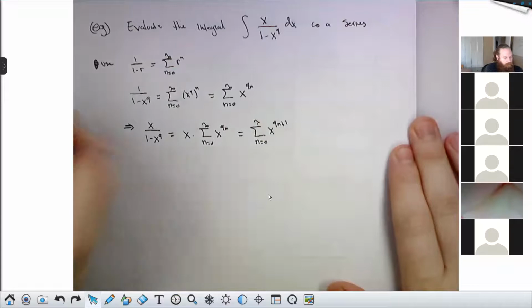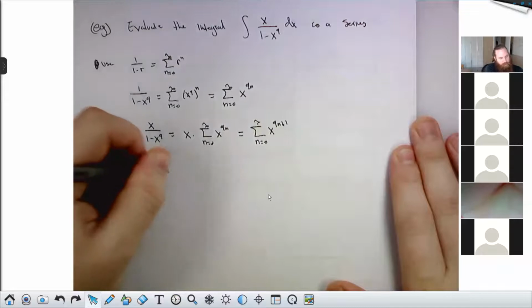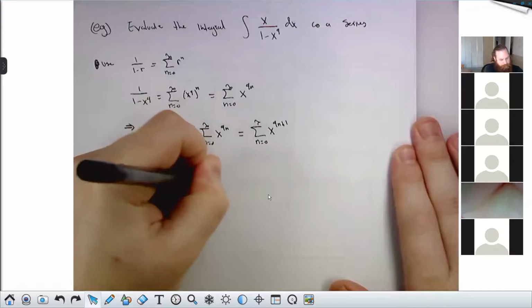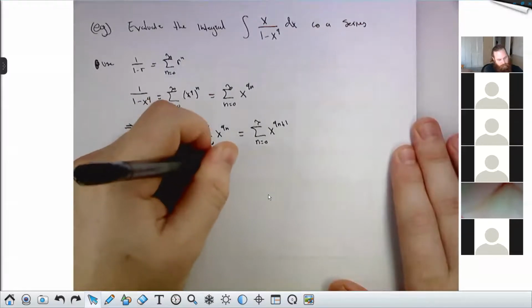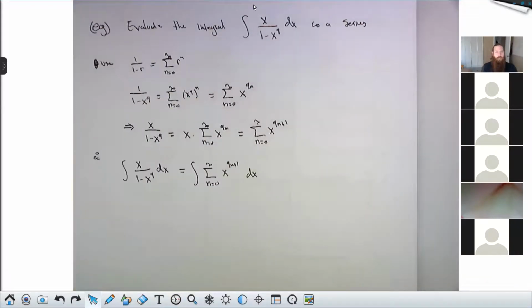Therefore, the integral of x over 1 minus x to the 9 dx is the integral of this series. And this integral is a tough integral, right? I mean, you don't want to try to do this by hand. It's not going to be pleasant. You'd have to factor this denominator. It's not a super easy thing to factor. It's a 9th degree polynomial, and then do quite a lot of partial fractions and pray that everything comes out nice and you don't make any mistakes. But you can evaluate it as a series pretty easily, rewriting the integrand, this function, as a series